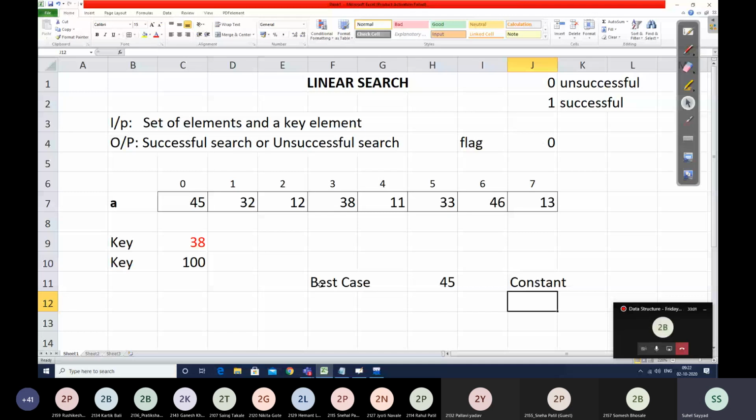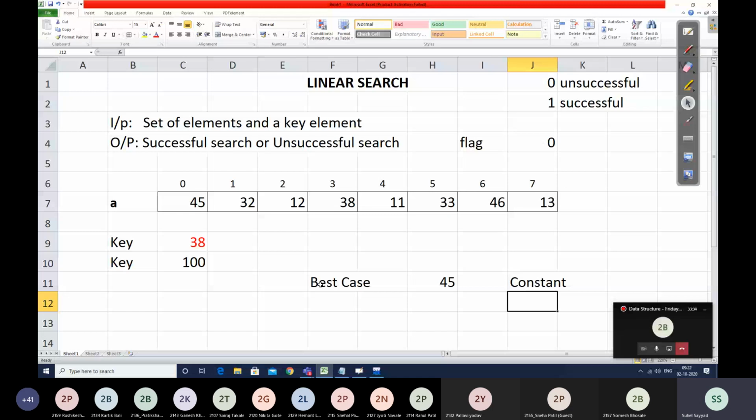In constant complexity, the complexity is not dependent on the size of our input. Irrespective of size, you get the output in a fixed period of time.